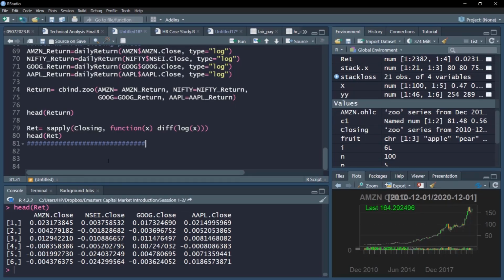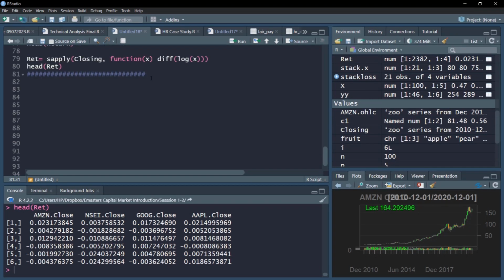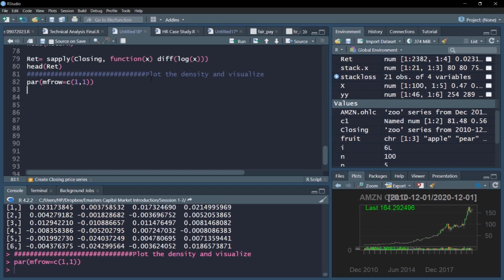So now we have created our return variable in this video. From next video onwards, we'll try to examine the properties of returns and try to visualize them for their various attributes. In this video, we'll plot the density plot for all the 4 securities and visualize it to see how they are distributed. So first we'll plot on a single window using this par equal to mfrow. So this ensures that we have one plotting window on our plot chart.